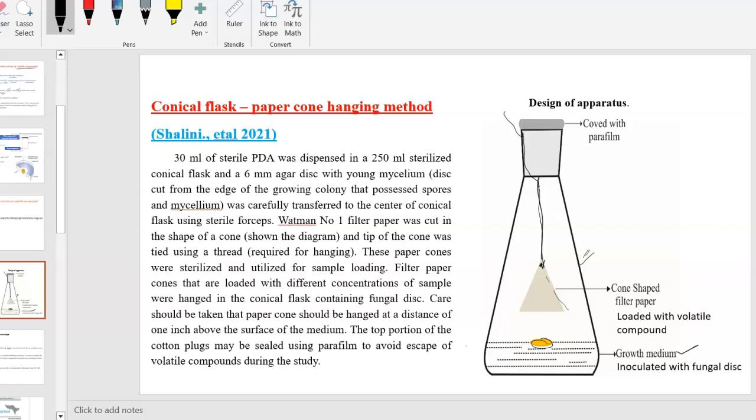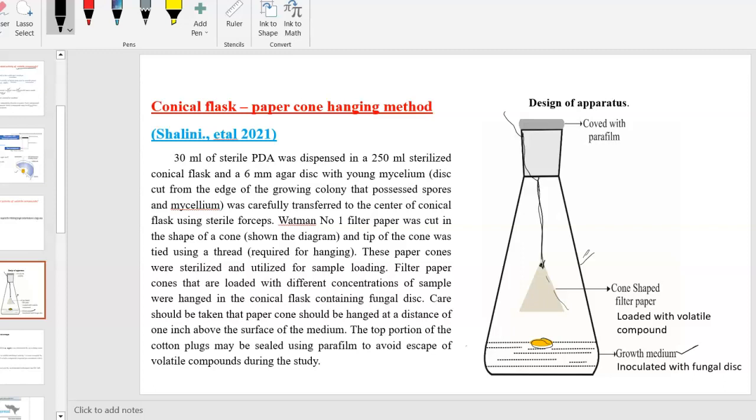This apparatus can be incubated for 5 to 7 days, or it can even be incubated up to 10 to 15 days. If the volatile compound concentration is enough to inhibit the organism's growth, here the fungal disc we have inoculated